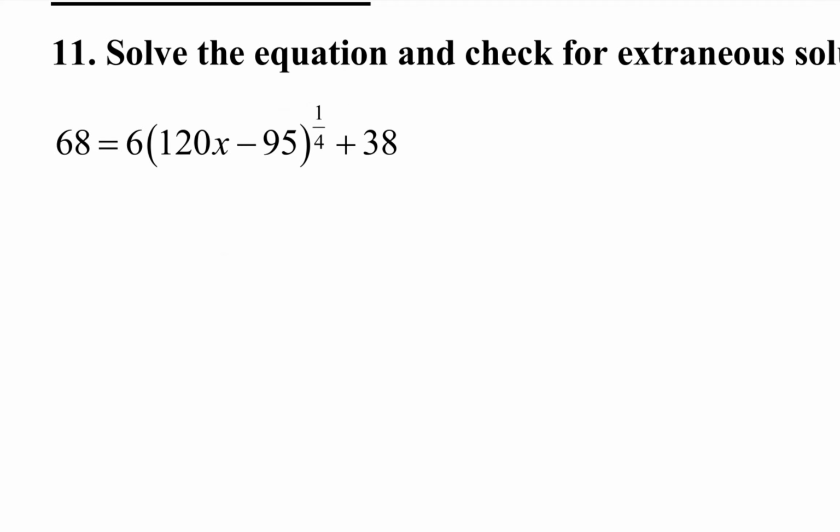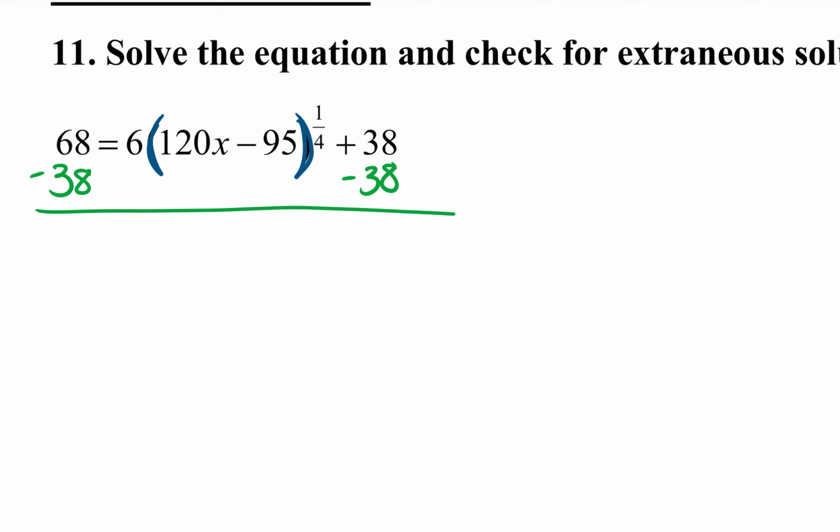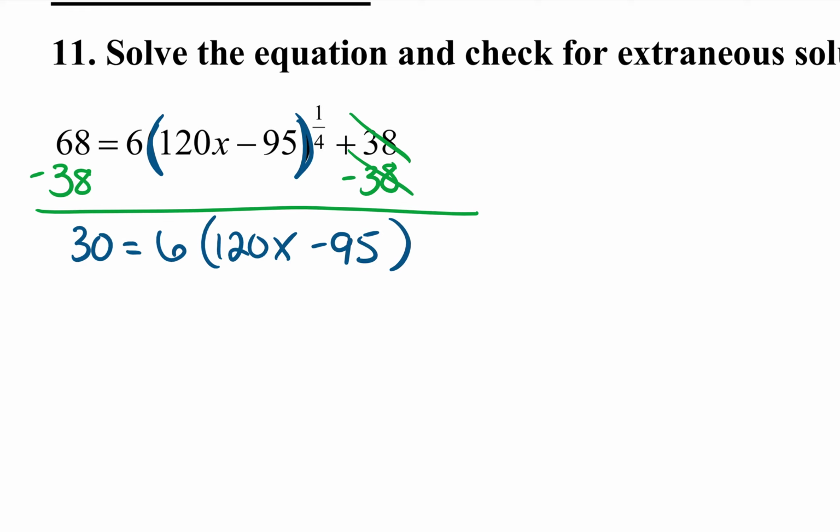Okay, on here, solve the equation. So I gotta solve for my parentheses, right? So the first thing I have to do is subtract 38. So if you have a number on the end, you have to move that first. So if it's plus, you subtract. If it's minus, you add. Normal stuff here. Okay, so I have 30 equals 6 times (120x minus 95). Alright, now, oh, I'm sorry, I forgot the exponent, 1/4. Alright, so before I can get rid of the exponent, I have to divide by 6. So you get 5 equals